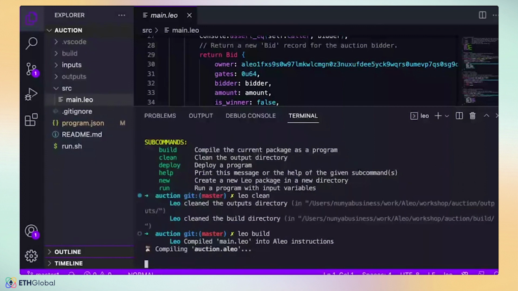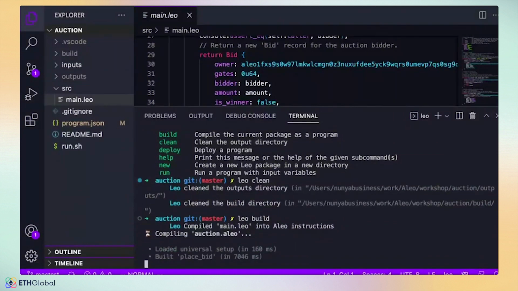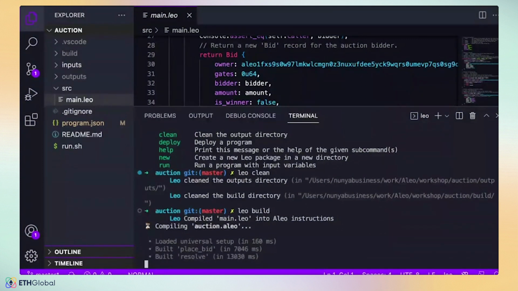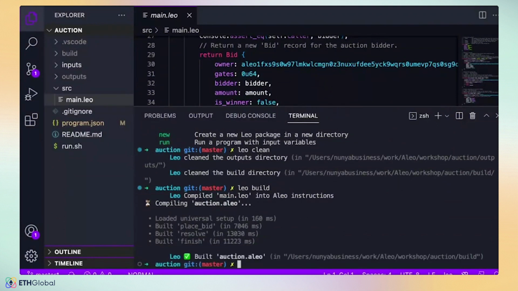So what this does is, in that process that I described earlier, the Leo language translates this high-level program into Aleo instructions. Aleo instructions essentially invokes the AVM, which parses and synthesizes a circuit, a mathematical representation of the program underneath. And really, the synthesis process is actually quite involved, and as you can see, dominates much of the execution time here. But you only do this synthesis when you're actually trying to submit a proof. During development, you don't need to do this. But for this case, we will. So we build